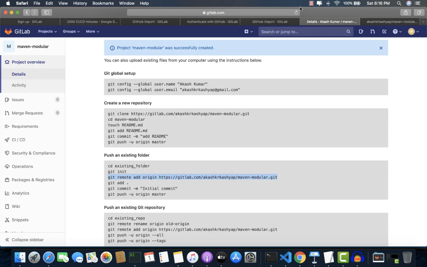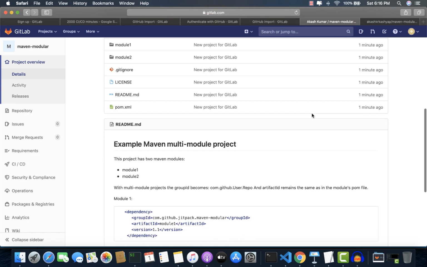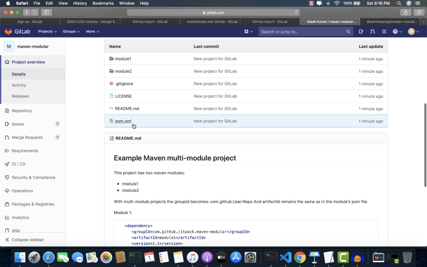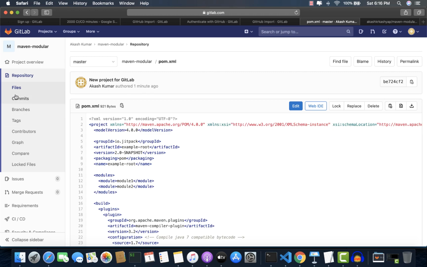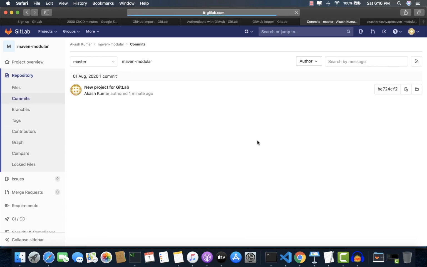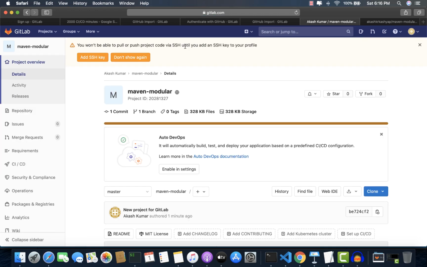If you go back here and do a refresh, you can see that all those files are here and it will not have the history of your GitHub. Just go to commits, you'll not be able to find any history. So that's how you can import any other projects to GitLab without having the history of the changes of the files.